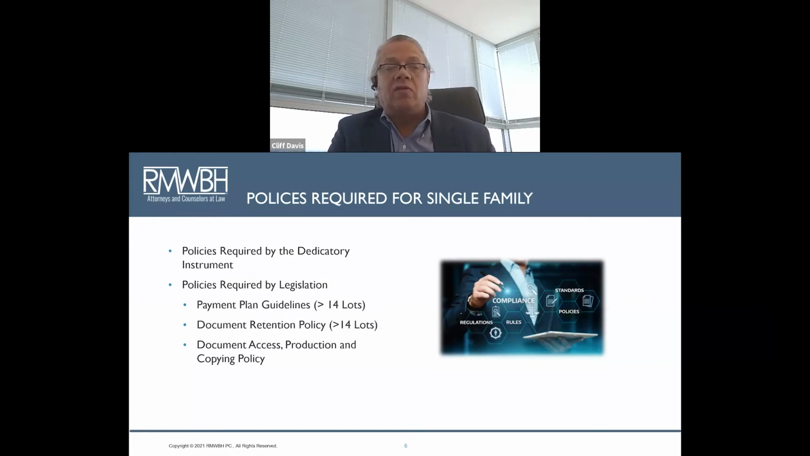A document retention policy. Again, this applies to subdivisions with greater than 14 lots. The document retention policy lays out how long you have to keep certain association documents. For example, your dedicatory instruments, you have to keep those forever. Other things, there may be a 4 or 5 year or a 7-year limit on how long you have to retain those. And we encourage associations to really go through their records and not necessarily keep 20 years